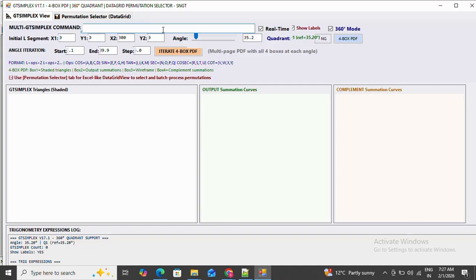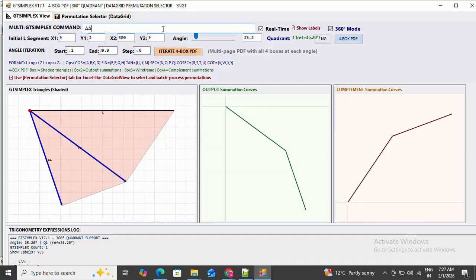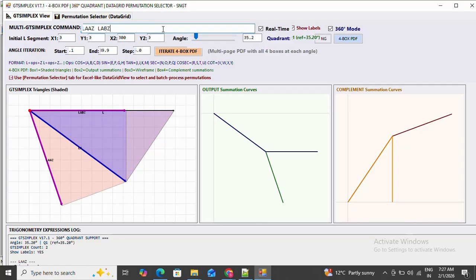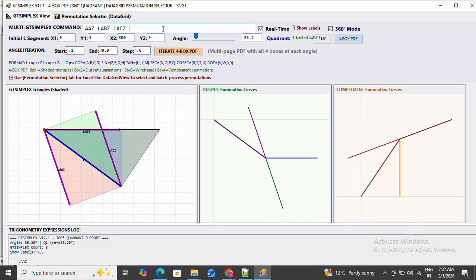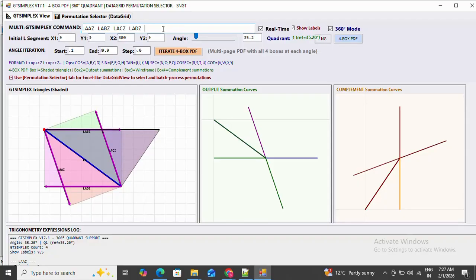AA, AB, BA, BB, CA, CB and DA, DB. Here we can write it in this way: LAAZ, LABZ, LACZ, LADZ. In this way we can construct all these symmetries and all these parameters, and from here we can